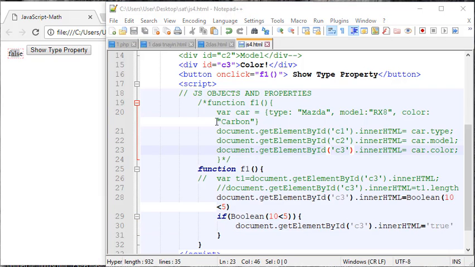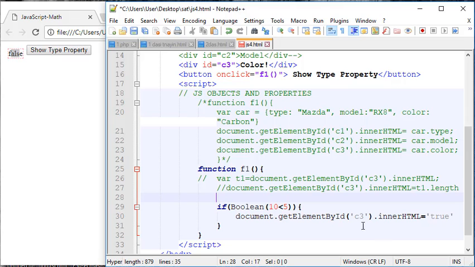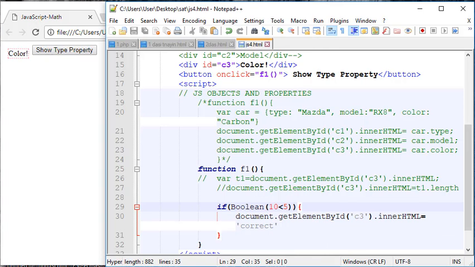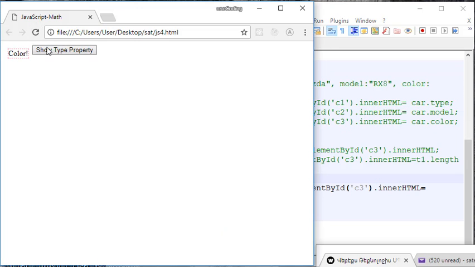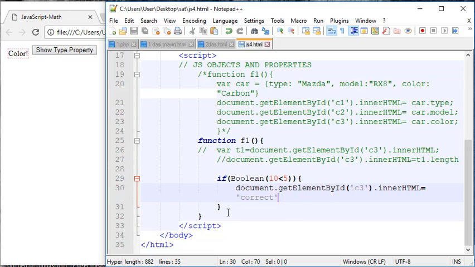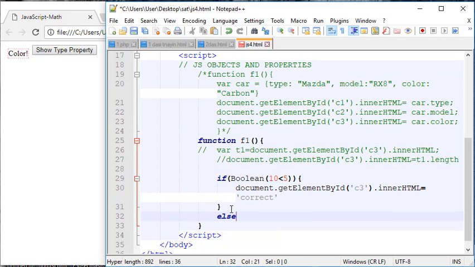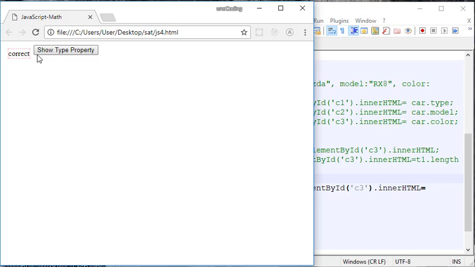And so just so that we see the difference, let me just get rid of this, and let's write something else besides true, so something like correct, just so you don't mix it up. So save, refresh, if I click on the button, I get nothing, as this is false. So I can do the same thing with else, just so we get the opposite way. And let's say if I were to change this back around, save, refresh, I will get the word correct, as